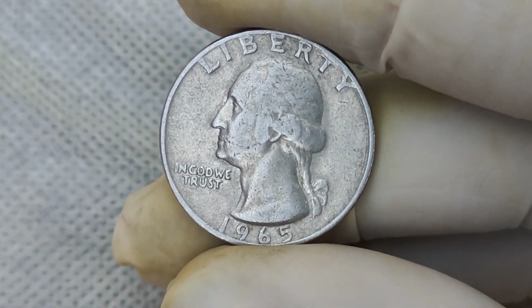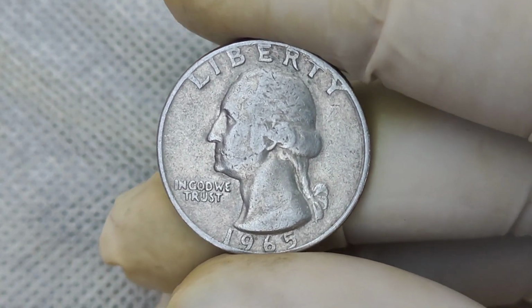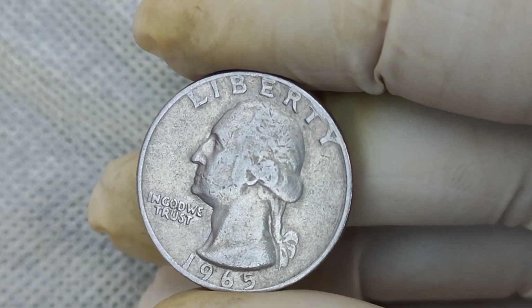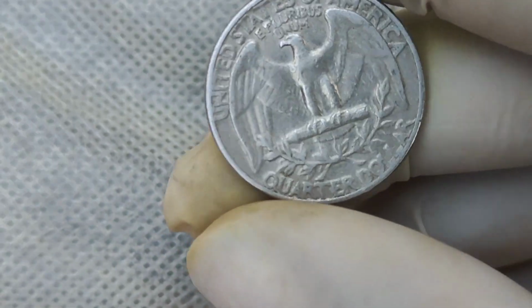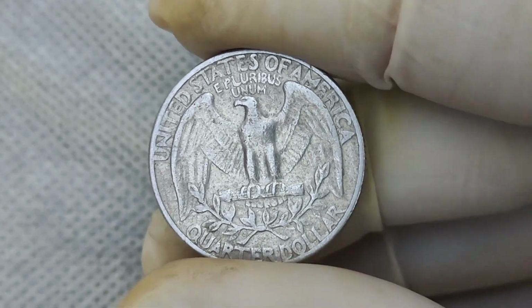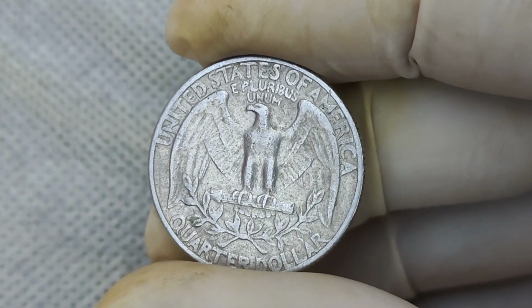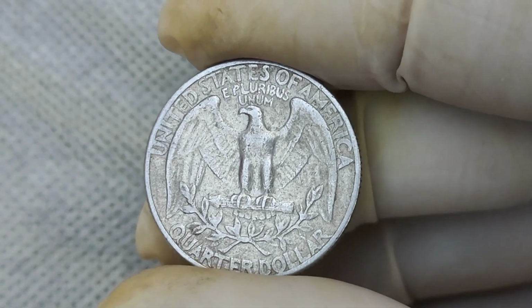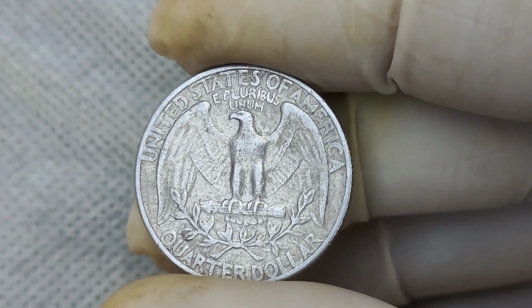If it's in perfect condition, it could be worth a lot more than you think. Next, examine the coin for any striking errors, such as doubling, misalignments, or even being struck on the wrong planchet. And remember, the market for rare coins can fluctuate, but as of now, these 1965 Washington quarters are commanding high